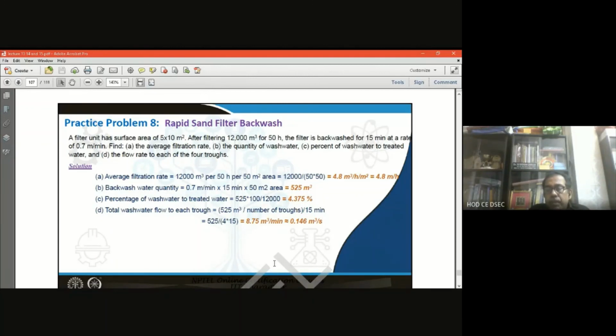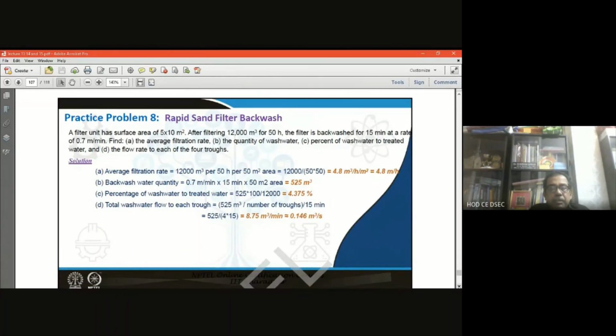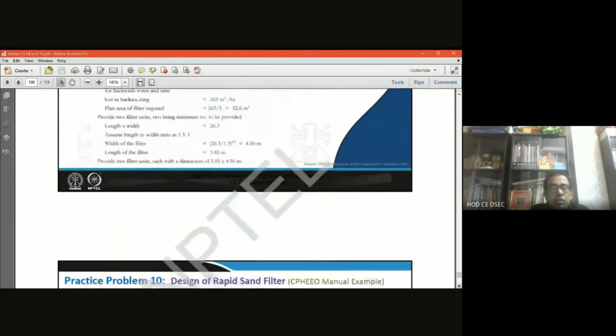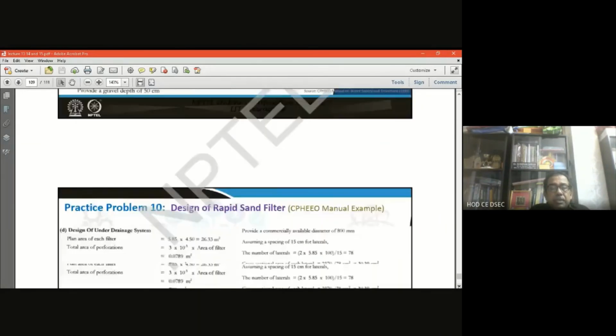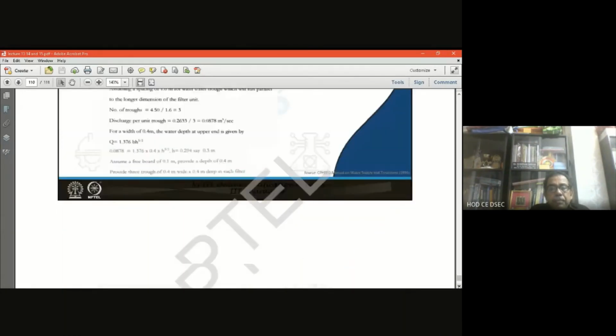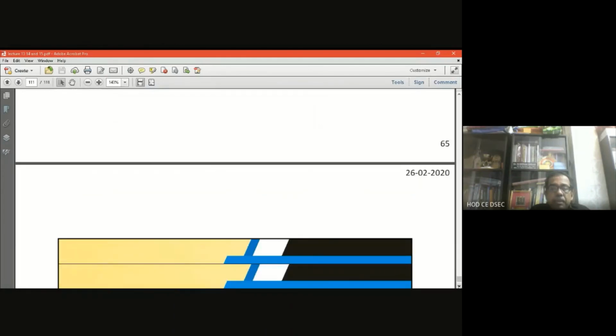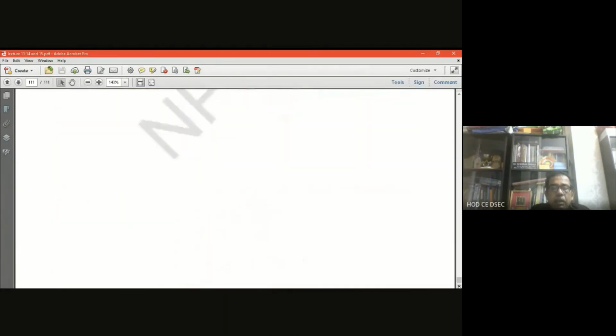So three different problems we have discussed. One is the slow sand filter, another is the rapid sand filter, and the backwash water problems related with the backwash of the rapid sand filter, which have been discussed in detail. And for the filter process, I have already mentioned what the slow sand filter is, what the rapid sand filter is, the difference, then the bottlenecks and the problem remedies found in the rapid sand filter. Everything I have discussed in the filtration process as far as your syllabus is concerned.